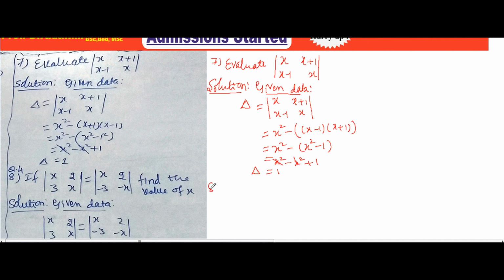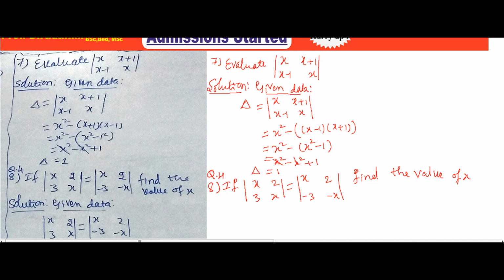So take it as 8th one, and on that you can write as Q4. Usually 4th question in main exam it is going to appear. So if determinant of what he has given, x 2, next is 3x, which is equals to determinant of x 2, next minus 3 minus x. Then what he has asked, find the value of x, find the value of x. For this he has asked to find out the value of x.